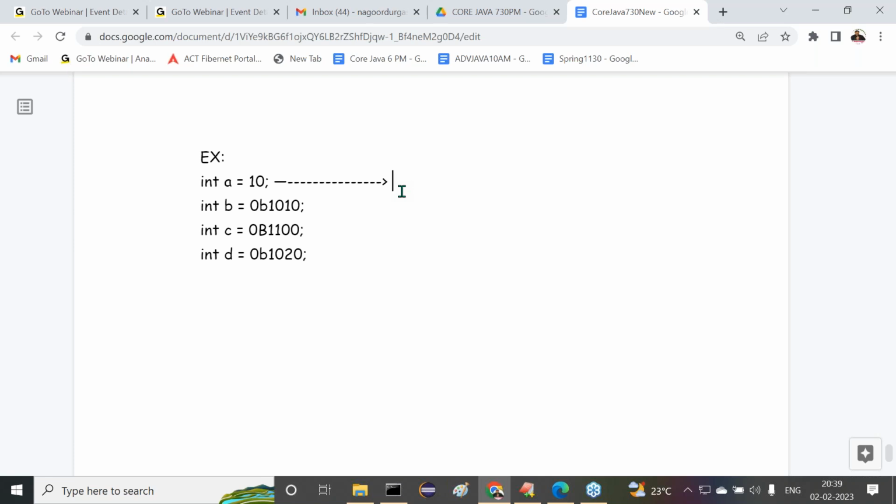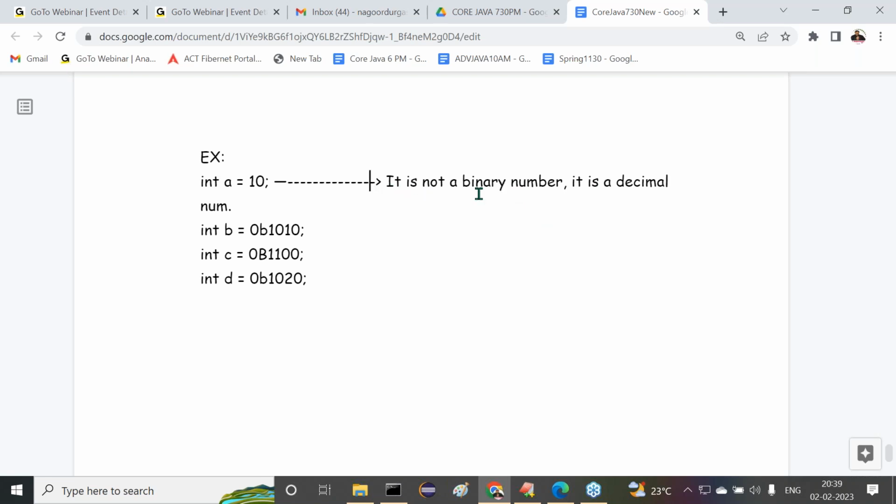So now I'm giving clarity. The first one is not a binary number. It is a decimal number.